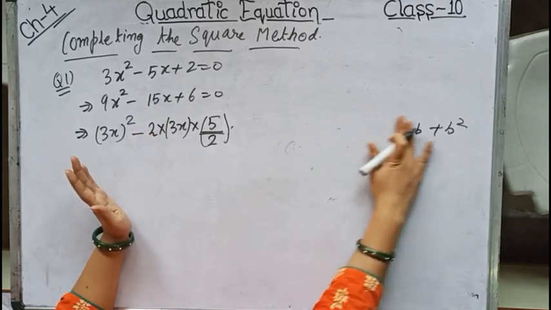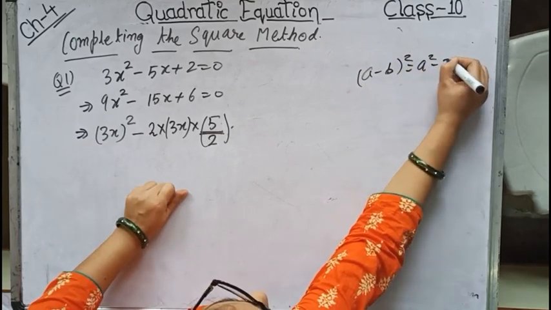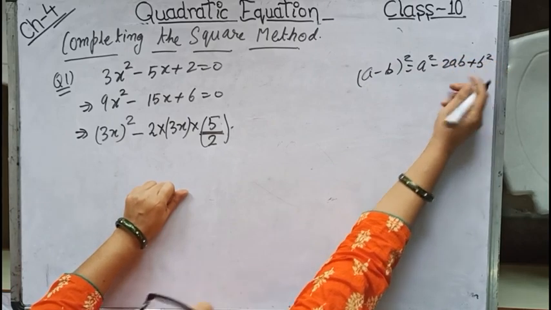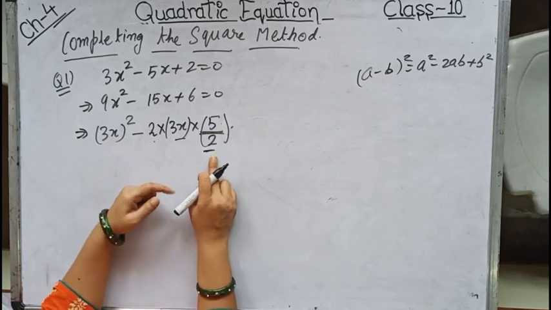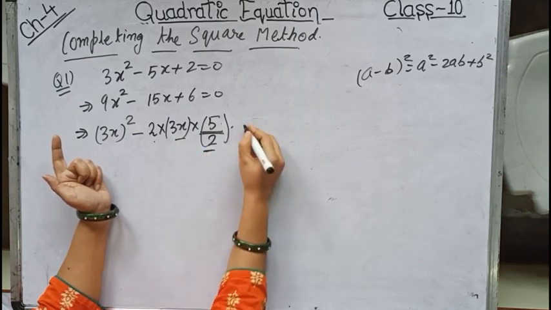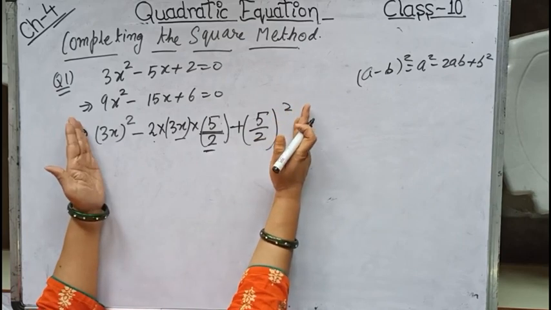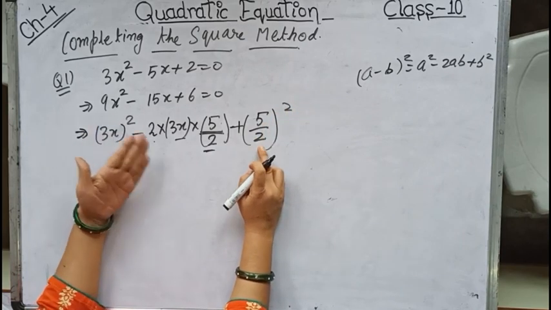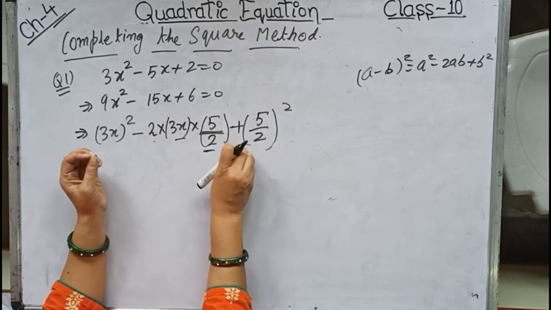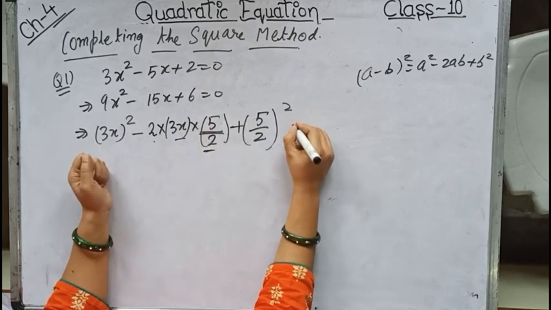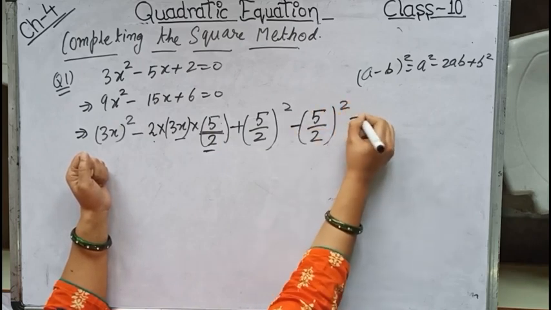So over here I am writing the formula again. (a − b) whole square equals a² − 2ab + b². So I have got a² − 2ab. Now my b term is 5 by 2. So a² − 2ab plus I need b², (5 by 2) whole square. So this is now a complete square. But (5 by 2) whole square is nowhere in this equation. So if I add something to an equation I have to subtract that also. So what I will do, I will write over here minus (5 by 2) square as well and plus 6